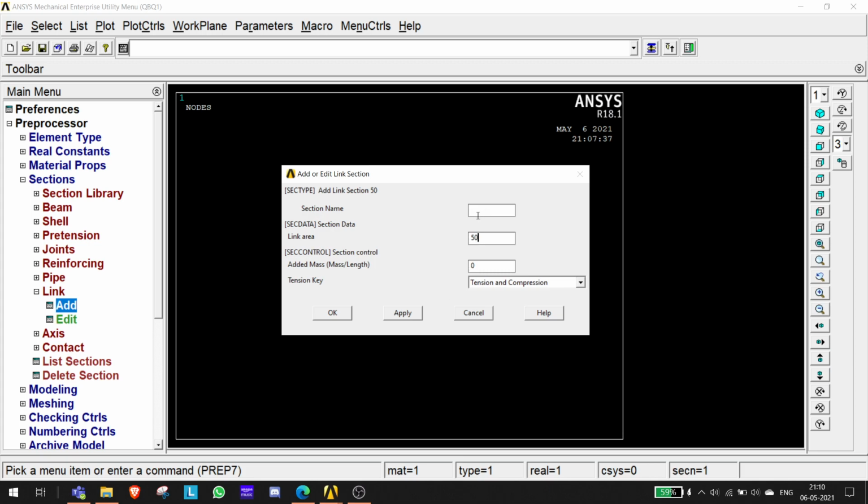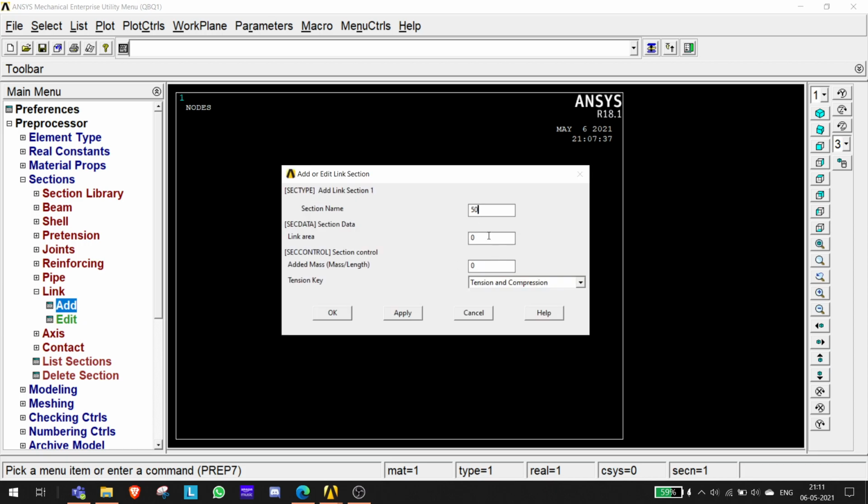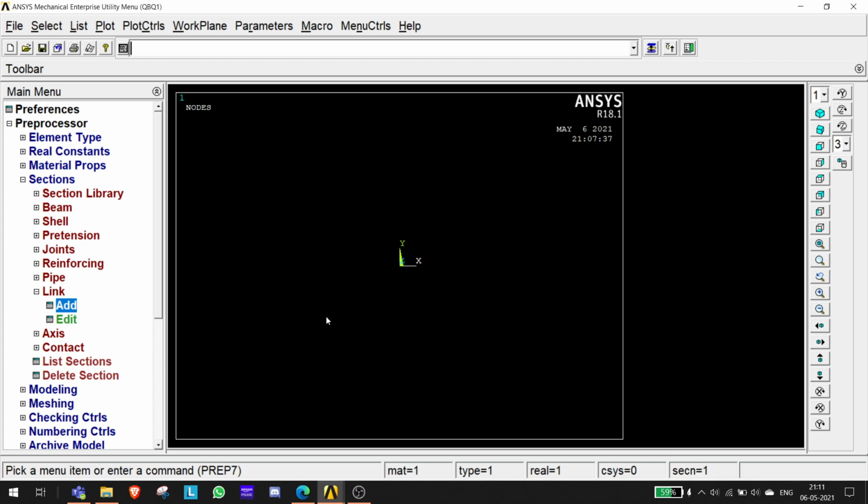The section name will be 50 as well. Sorry, I'll cancel this and go into add. I'll keep the section ID as 1, the name of the section as 50, and the area as 50. I'll click OK.